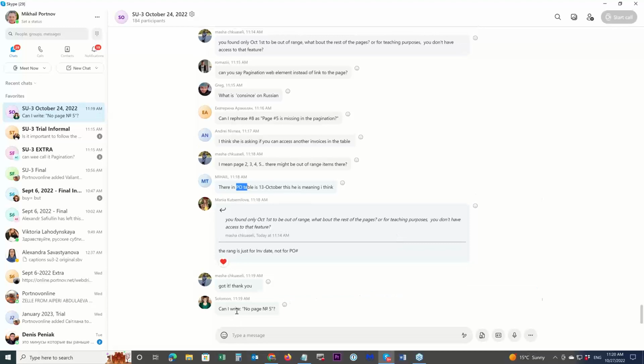Can I write no page number 5? I would say no page 5 link. It is still a link. Maybe there is a page, we just do not have a link. We are missing that link. And again, it doesn't have to be perfect. I'm just trying to make it correct in all the ways. In real life, you limit yourself to whatever is good enough. You are not looking for perfection. You are saving time. Good enough, you go.